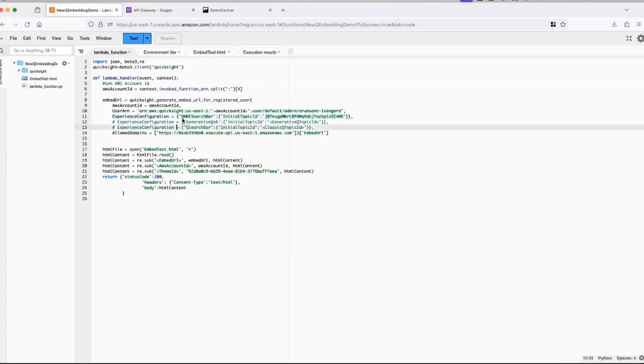This is based on a preview version which I had loaded into Lambda, but the new GA versions are these two, right? So experience configuration used to be Q search bar earlier. That's still available, so for your legacy or classic Q experience, that's still available. The new one is generative Q&A. So you want to keep this generative Q&A as your experience configuration, and within that, you have to specify what's